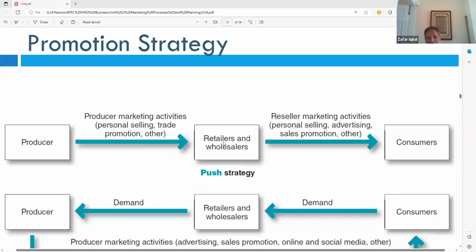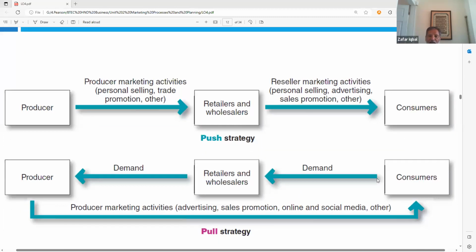Then the wholesalers will sell to the consumers, and the wholesalers and retailers will do their own sales promotion, advertising, or personal selling to consumers. Okay, so the pull strategy is different. So the push strategy is driven by the producer to the wholesalers and then to the consumers, whereas the pull strategy,